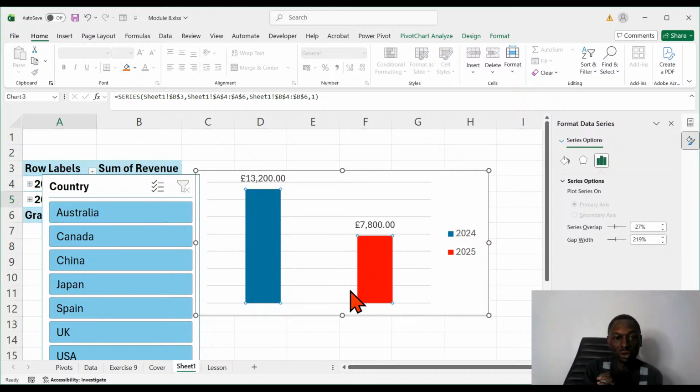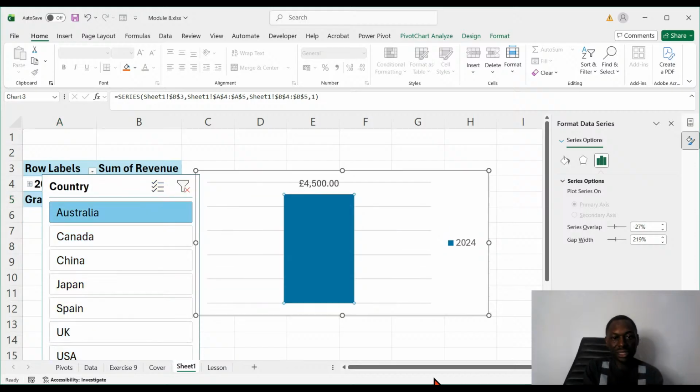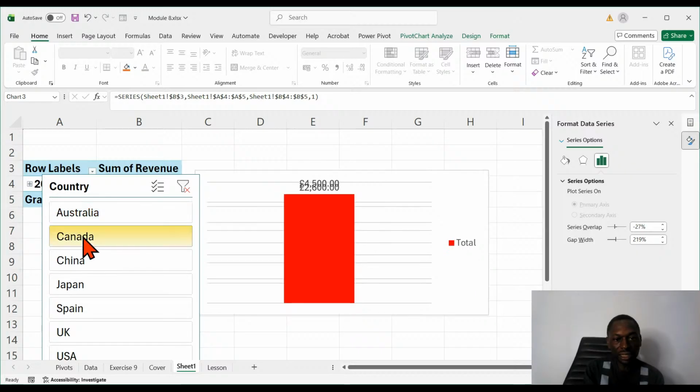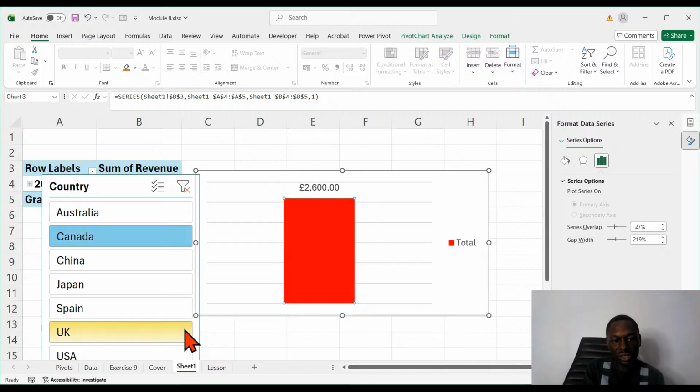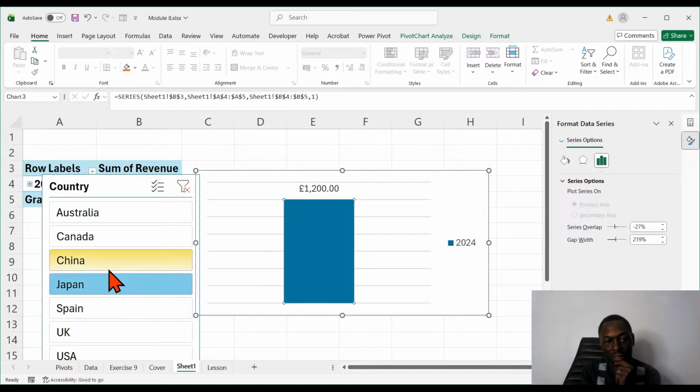So in 2024, we had £13,200. In 2025, we have £7,800. I'm going to come here and make this such that I can select only one. Okay, so yes, so now I can select only one, and there you go. So you see, selecting only Australia, I have 4,500, and it's 2024. Canada is 2,600. So you see, this is dynamic, this is interactive, this is Spain, this is Japan, this is